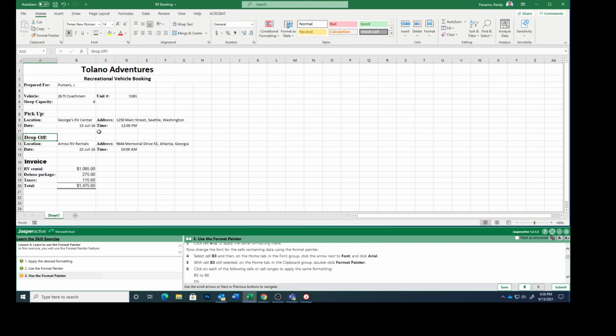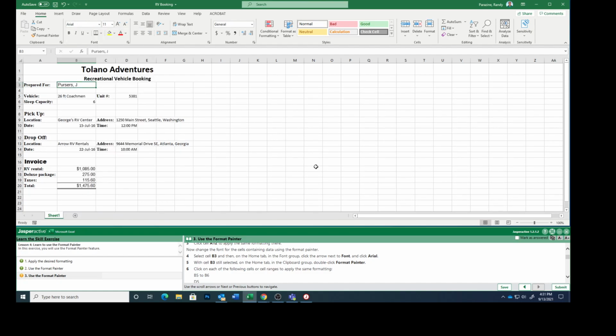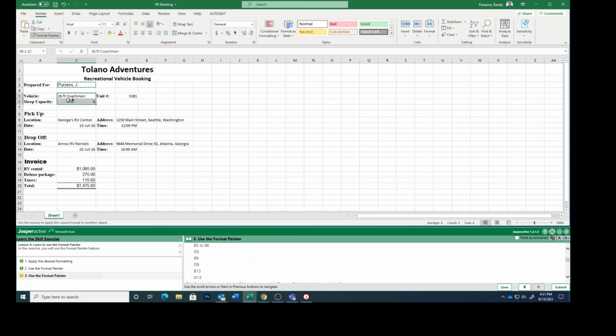Select cell B3. And then on the Home tab, click the arrow next to Font and click Arial. With cell B3 still selected on the Home tab in the clipboard group, double-click Format Painter. Click on each of the following cells or ranges to apply the same formatting. B5 to B6, D5,